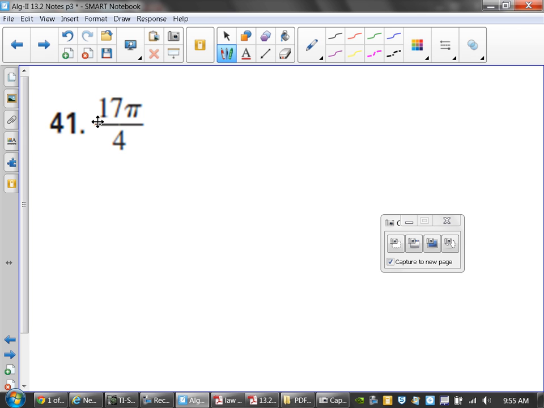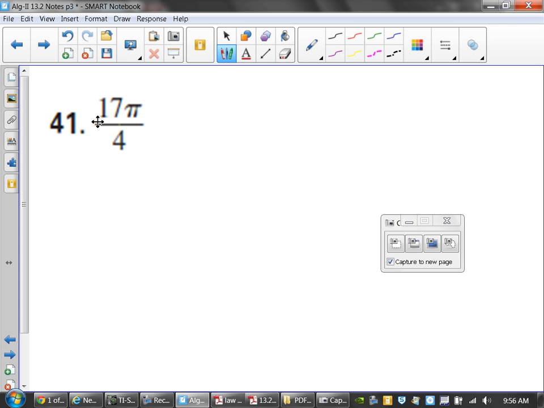First thing you want to check is what is 14? How many times does 14 go into 17? 4 1/4, right? So is that more than a revolution? Yep, it is. So what I'm going to do here, since this is going to be more than one time